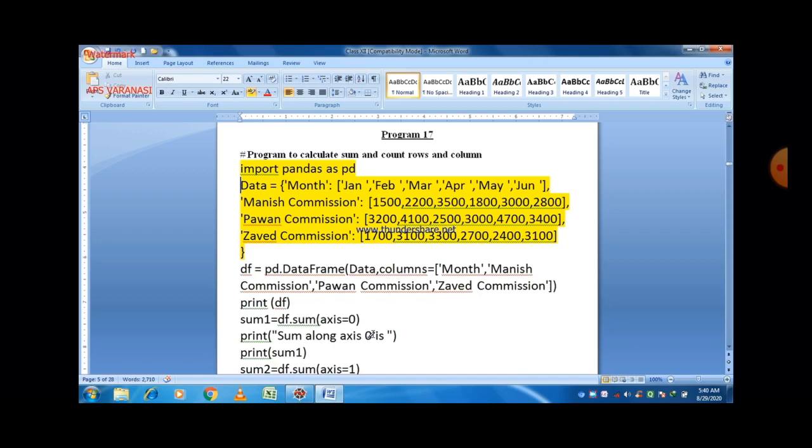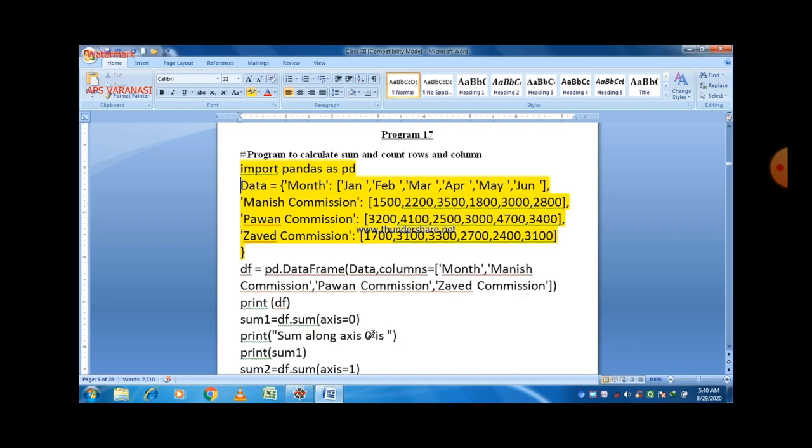The values of month are January, February, March, April, May and June. Manish Commission, Pawan Commission and Javed Commission are given as integers. So these are the 4 keys, and the values belonging to these keys are given here. After the execution of that statement there is a dictionary named data.